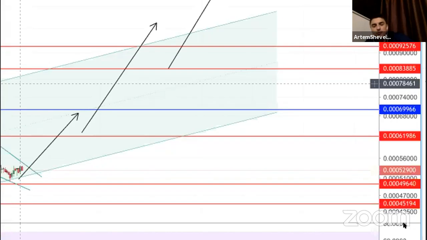Aziz is asking about money management here. Well, Aziz, as I told before, we can use up to 5 or maybe 7% to buy and hold right now, because we don't have any confirmation that this market is reversing. Only some coins, well, actually a lot of coins, are telling us that they are going up. Litecoin is already pumped, right? Tron is already pumped. A lot of coins are already pumped.